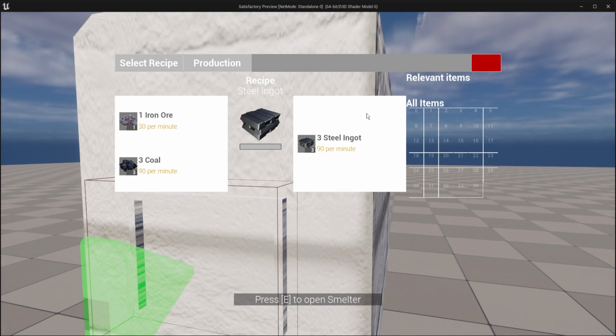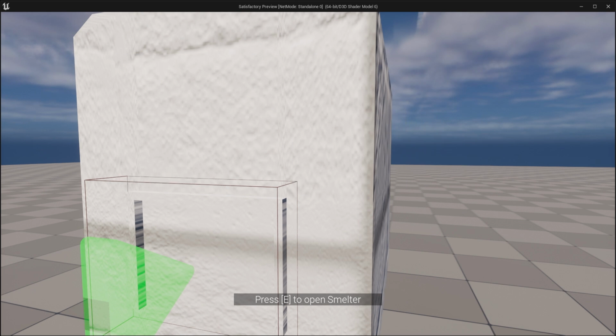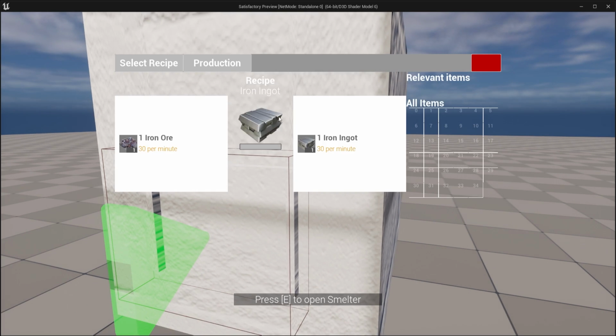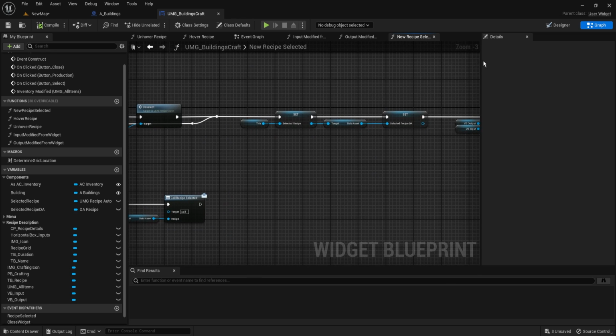If I go and select, already by default with steel ingot, if I select iron ingot and I close it, it still opens back on iron ingot. And if we go to recipe, it's not selected though. Okay, so very quickly inside of our